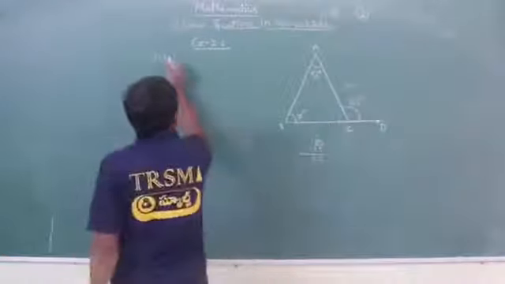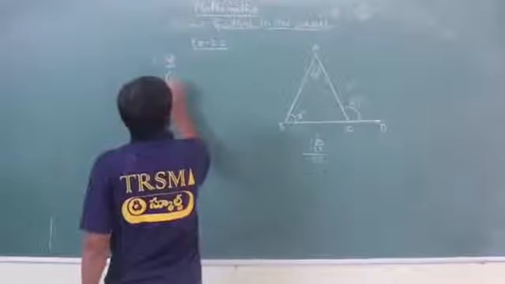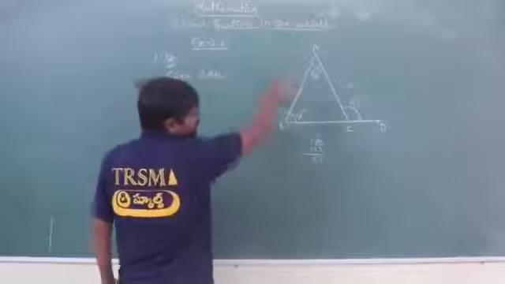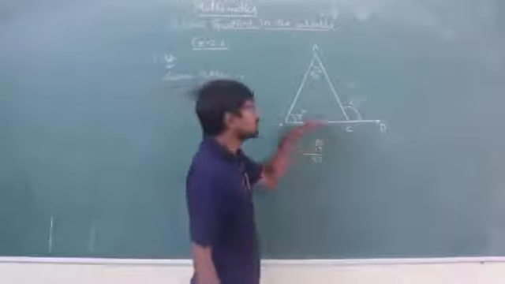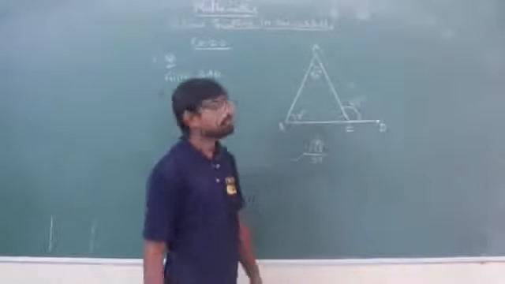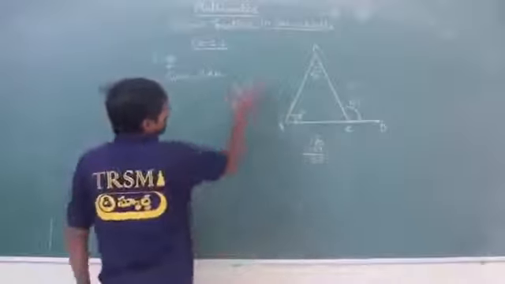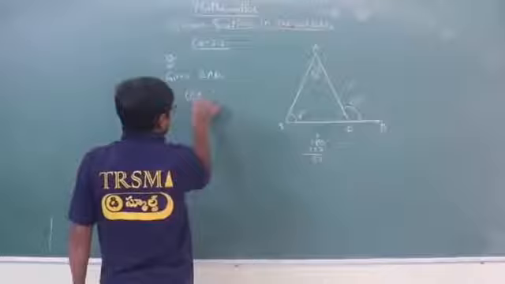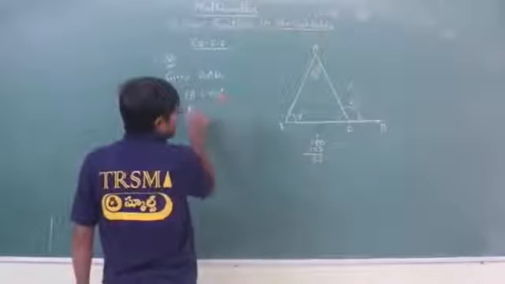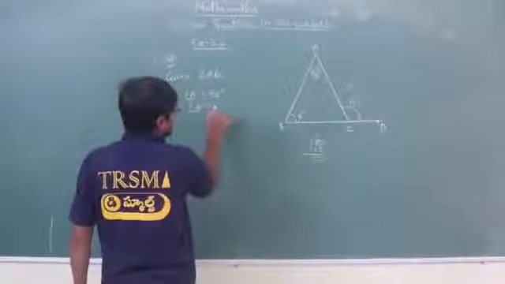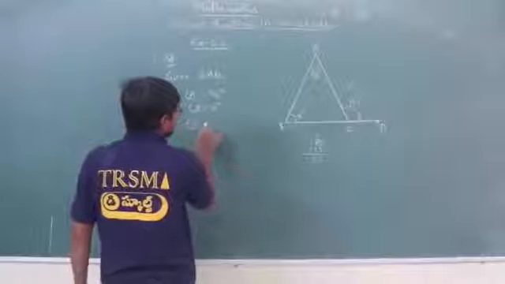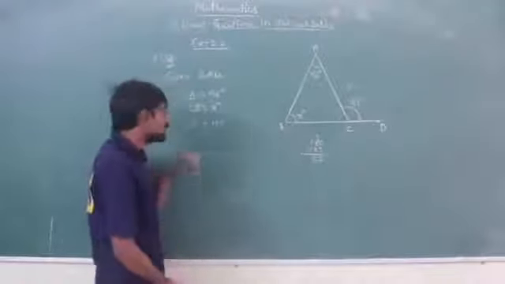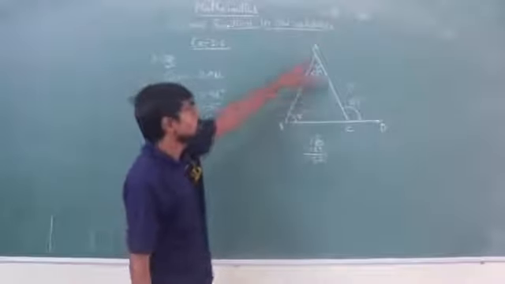So here we will write given: triangle ABC. So here we are having triangle ABC. What is D? D is the extended part of C, isn't it? So ABC is the triangle here, and what are the angles? Angle A is equal to 56 degree, angle B is equal to X degree, and angle C is equal to 123 degree. Let me tell you one thing, that if I take angle C here, you can see angle A